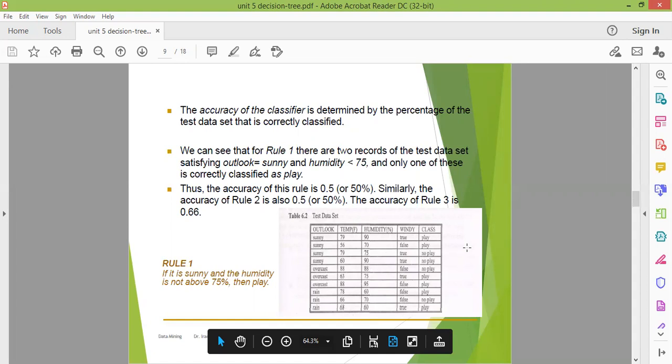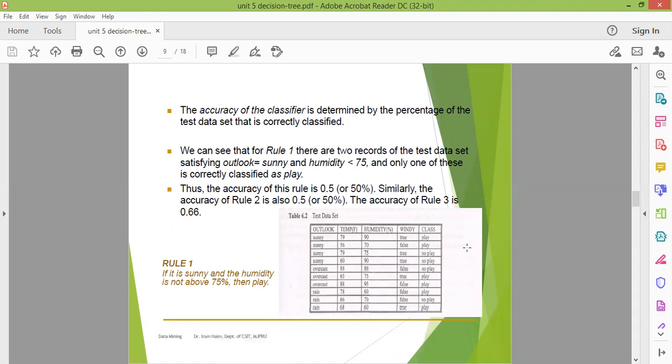In the previous example, you have a computed output, okay, so you have to check the computed output against the actual output. If both the values are the same, then we can say the developed decision tree is a valid one. If your rule does not represent accuracy, then we have to change the rule and develop a new decision tree. Okay.